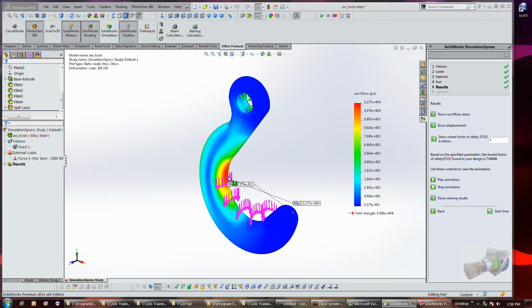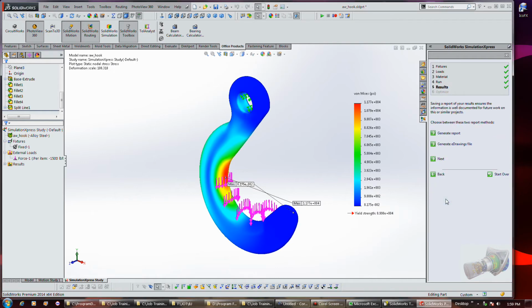Anyway, it's just something to take into account, because SolidWorks Xpress only deals with von Mises, so you can't put a sharp load in it or anything, I guess. So anyway, let's see what the shearing action is and all these other detailed stress calculations. Okay, I'm done viewing the results, and we could